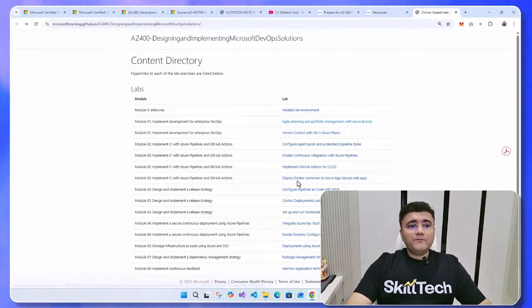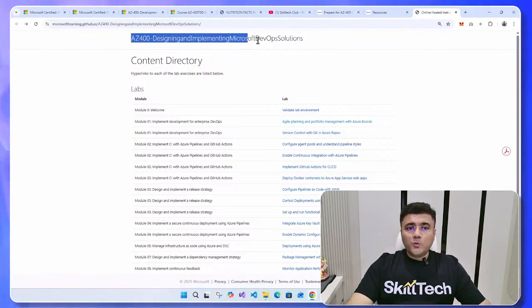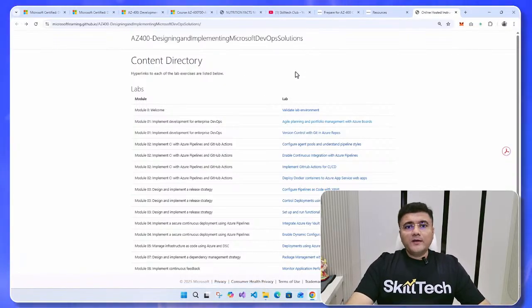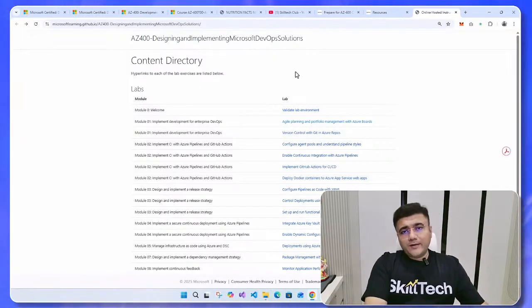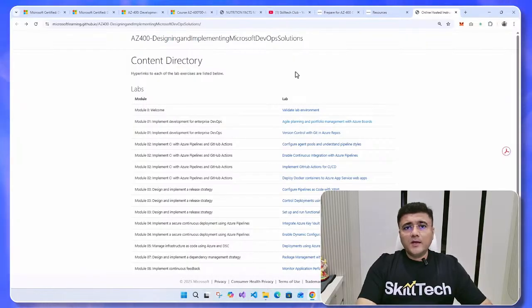On the other hand, if you are looking for an official lab environment for AZ-400, we are partnered with a couple of lab providers like Scalable, GoDeploy. There are so many lab providers out there. We are partnered with them. And if you want, we can also provide these labs to you on a chargeable basis, which is mostly going to be available to you for 6 months.